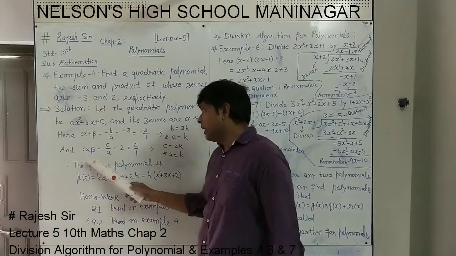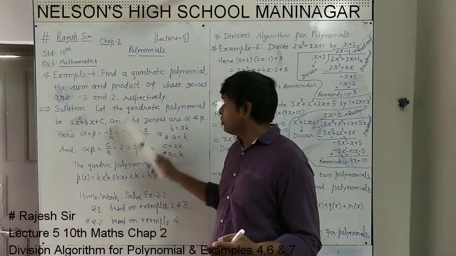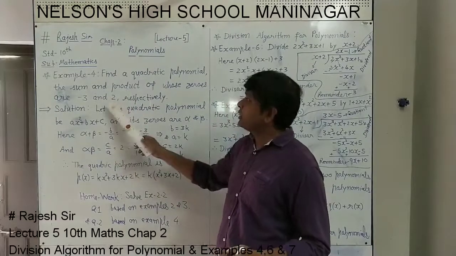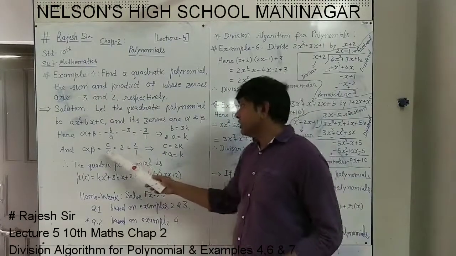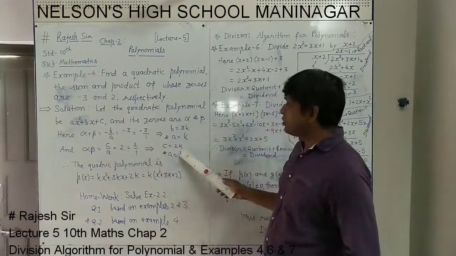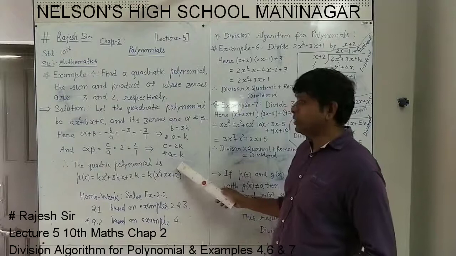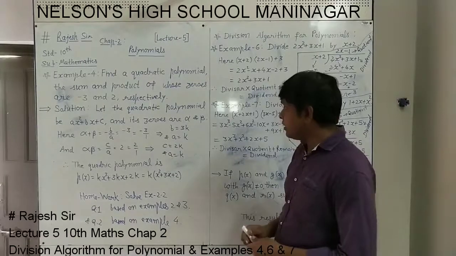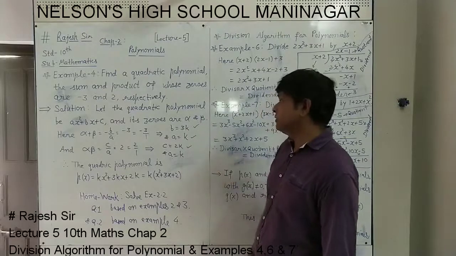Now the product, alpha into beta, shows the product of the two zeros, and for a quadratic equation the relation we know is c upon a, and it is 2 as given in the question. This 2 can be written as 2 upon 1. Again, c upon a equals 2 upon 1, so c equals 2k because its ratio is 2, and a is in ratio 1, so it is k. So from here, a equals k, b equals 3k, c equals 2k.